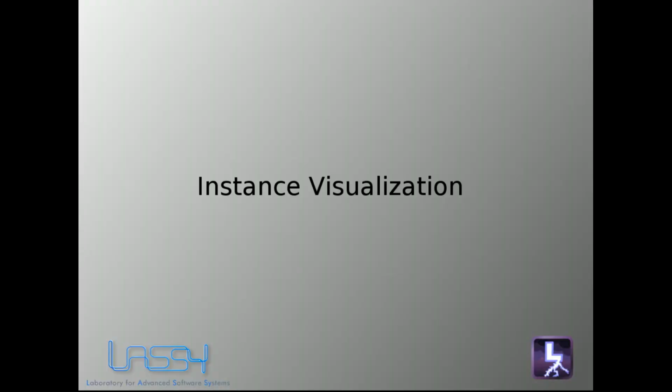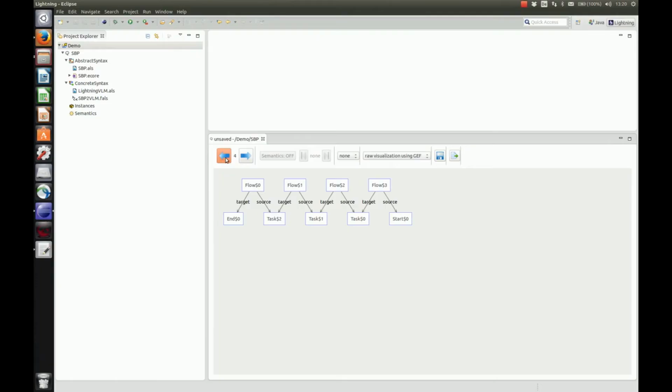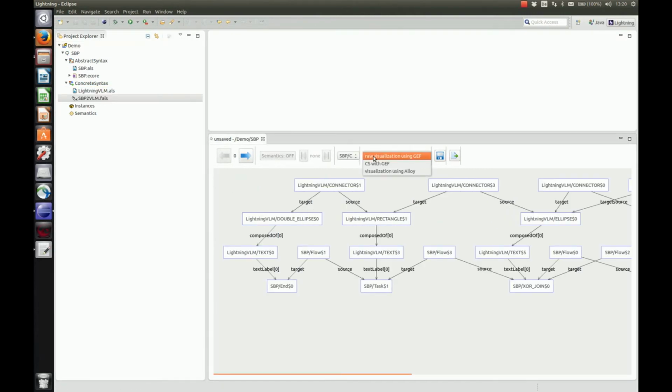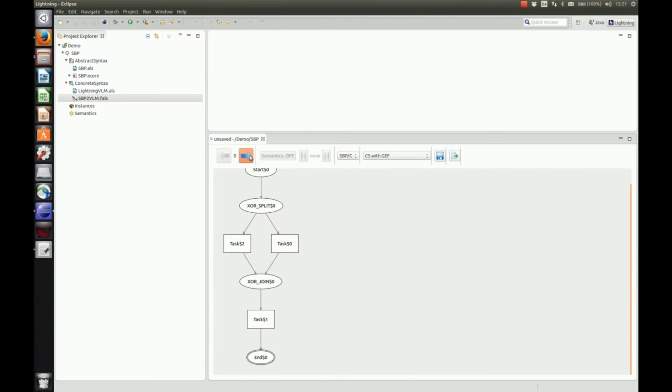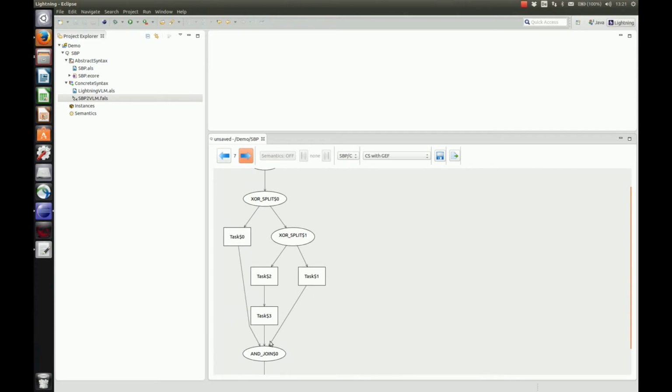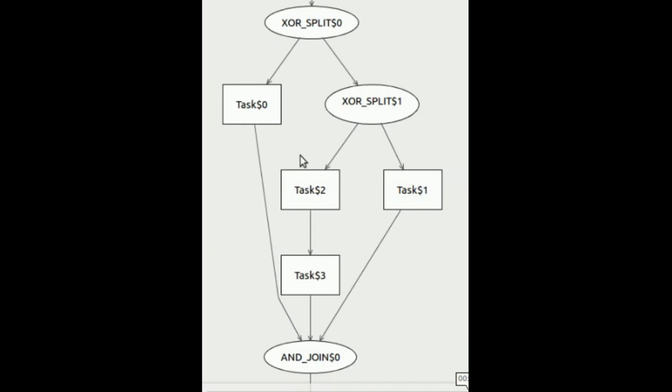Now that our concrete syntax is defined, we can use it to visualize instances. To apply the concrete syntax to the instance currently viewed, we first select the transformation we previously defined in the first combo box. We then ask the tool to interpret the visual elements present in the instance resulting from the transformation using the second combo box. Here, the concrete syntax allows us to quickly spot 2 design errors in our abstract syntax. The first one is that an XOR split is closed by an end join, and the second one is that 2 splits share the same join point.